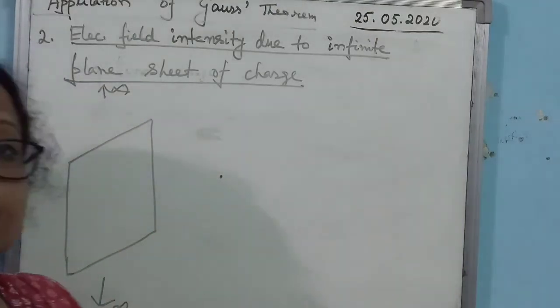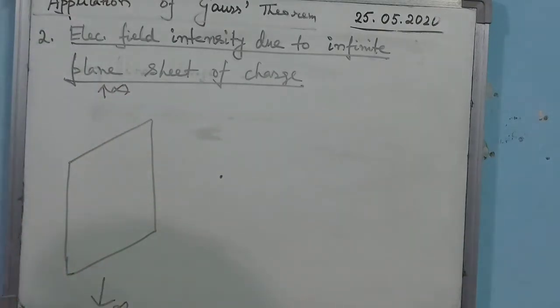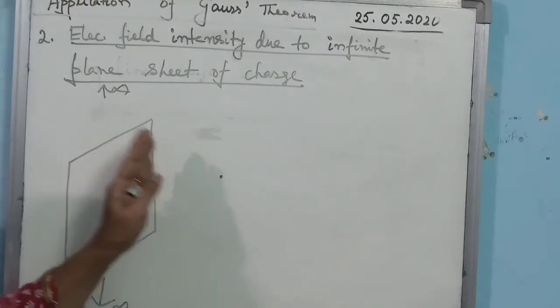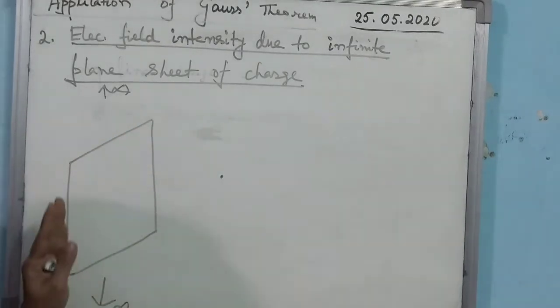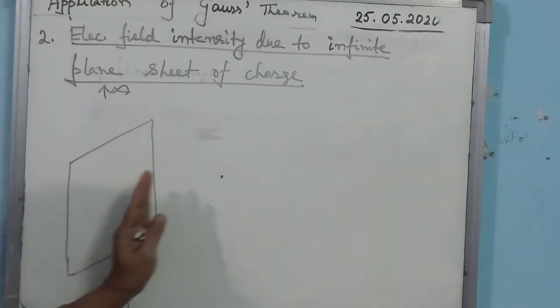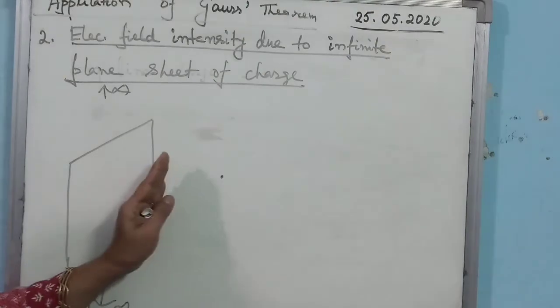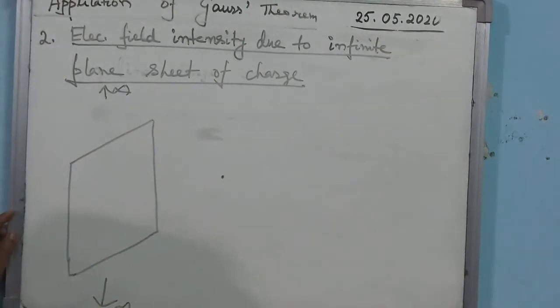Alright. So you see step by step how we are considering the distribution of charge. First I have considered a line charge, alright, infinitely long line charge. Now here you see a plane sheet you may consider as if it is a collection of closely spaced infinitely long line charges, isn't it? How can you get a plane? By considering a collection of closely spaced lines, alright.